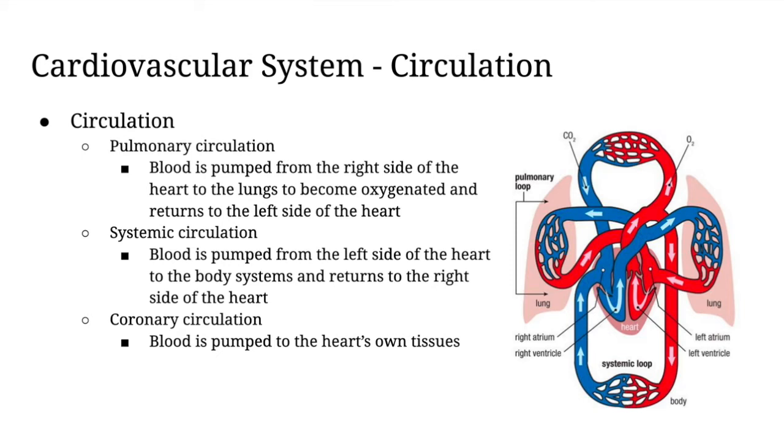Finally, we're going to talk about circulation. There are 3 types of circulation in our body. We have pulmonary circulation. Anytime you see the prefix pulmo, it refers to your lungs. So pulmonary circulation is when blood is pumped from the right side of your heart to each lung. It becomes oxygenated in your lungs. If you remember, we talked about the alveoli are surrounded by capillaries, and the oxygen diffuses from the air in the alveoli in your lungs into your bloodstream. So your blood becomes oxygenated in your lungs, and then it's going to return to the left side of your